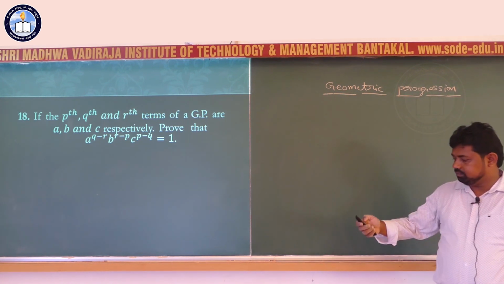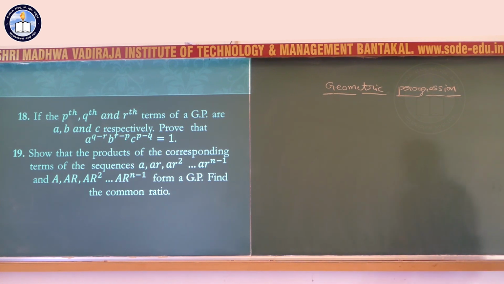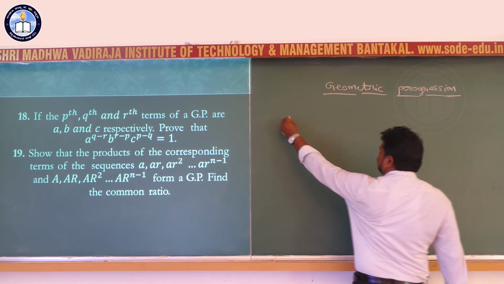Next problem. Show that the products of the corresponding terms of the sequences a, ar, ar square up to a into r power n minus 1, and capital A, capital AR, AR square up to A R power n minus 1 form a geometric progression. Find the common ratio. Here the given geometric progressions are